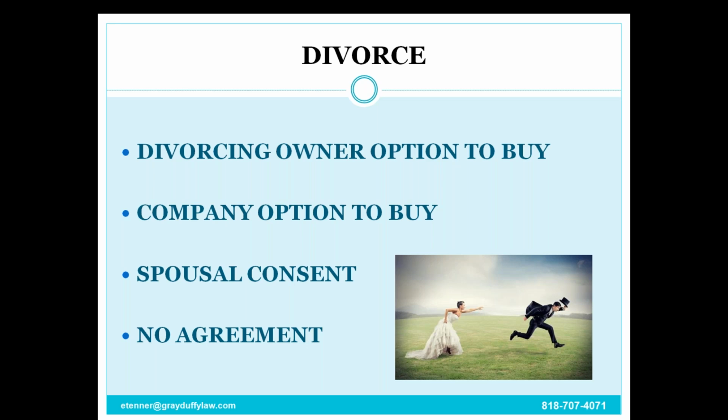If the divorcing owner does not want to buy the interest, as I said, the company will typically be given an interest, and if it buys it, everybody else's interest is increased proportionately, or the other owners typically have the right to buy in proportion to their respective ownership interests. With no agreement, the spouse will have the right to retain the interest and receive distributions when they're made. How the spouse will be treated is going to vary slightly depending on the type of entity, and I'll talk about those different types of entities in a little bit.